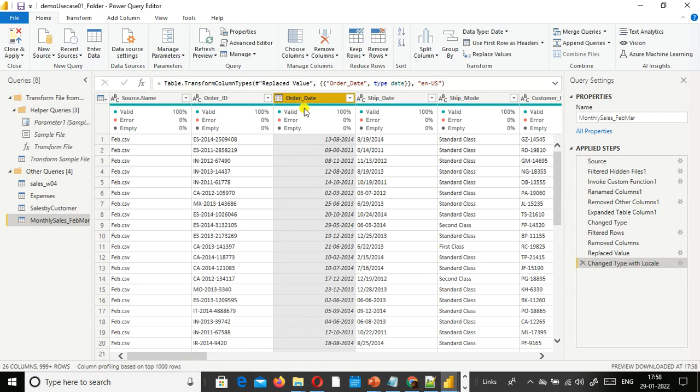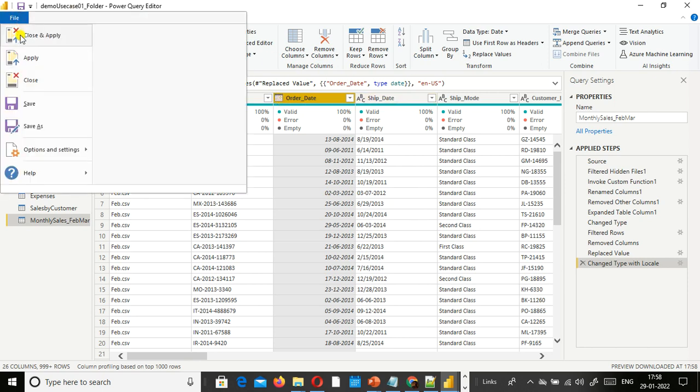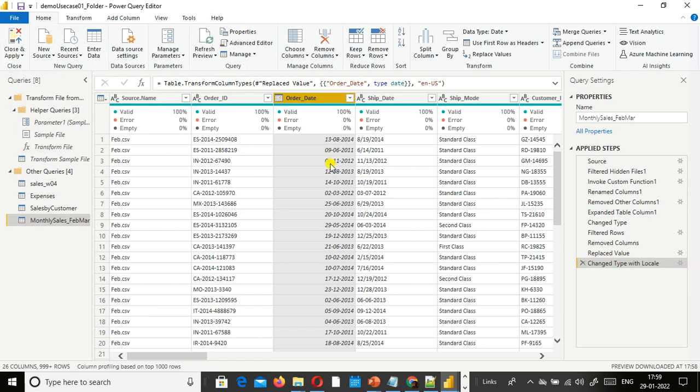I removed one column and I converted this to a date data type. Look here, this column became a date data type. With this we can understand from the calendar icon. Fine. This is enough. I just go ahead and close and apply this.